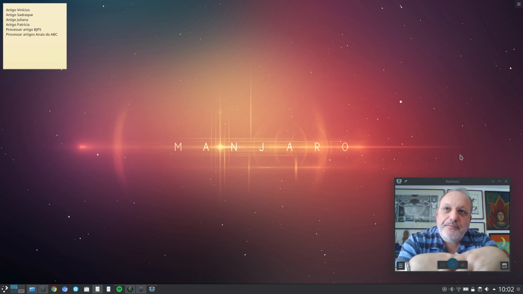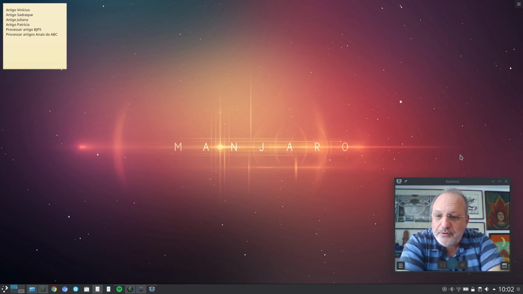I don't need to encrypt my whole home folder. I can just encrypt some folders, and so there are very nice things about KDE Plasma that I like, but my main motivation was to gain